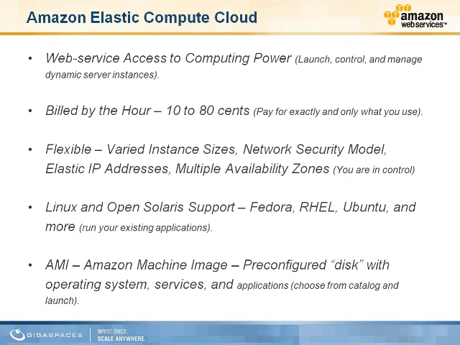You reference a machine image, which is a pre-configured disk. You specify how many instances you would like to launch: 1, 10, 50, 100, thousands if you'd like. You launch these instances through the cloud. We find available machines, we put your machine image on them, boot them up, assign them IP addresses, DNS names, and then through the cloud APIs, you can control and manage these dynamic server instances.